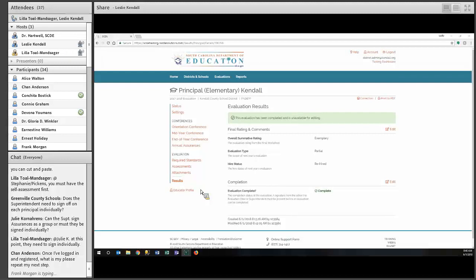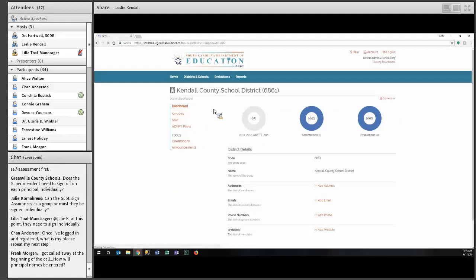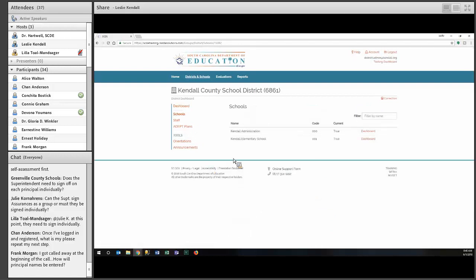So the question coming from Chan Anderson is, once I've logged in and registered, what is my next step? Okay, so once you've logged in and registered, if your role is you're the one creating the evaluation for the principal, you would go to districts and schools. That's your starting point. You're going to land on the dashboard for the district. You would click schools to go to your school list.